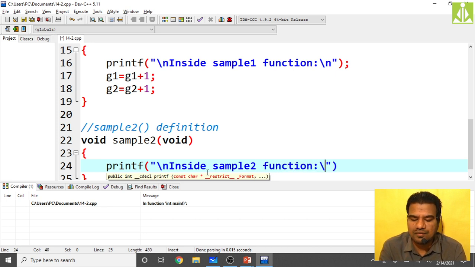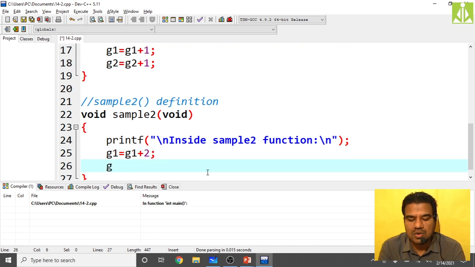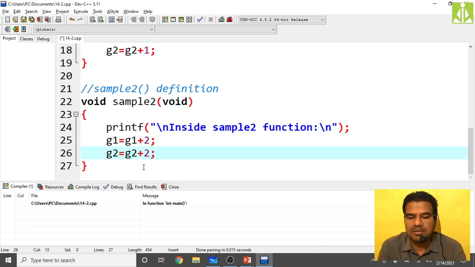Here I will add 2. g1 equals to g1, whatever g1 value we are having, g1 plus 2, and take g2 also. g2 equals to g2 plus 2. We are adding 2 to each. This is my sample 2 definition.